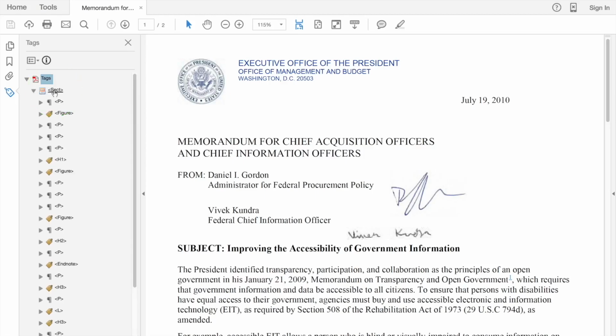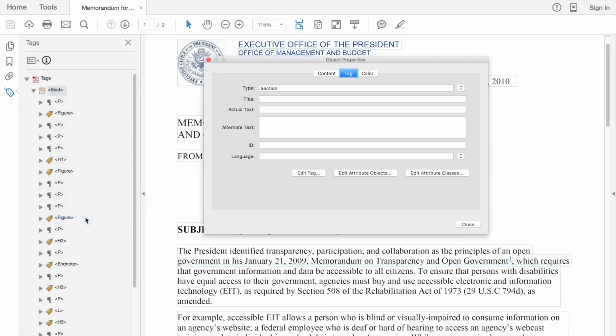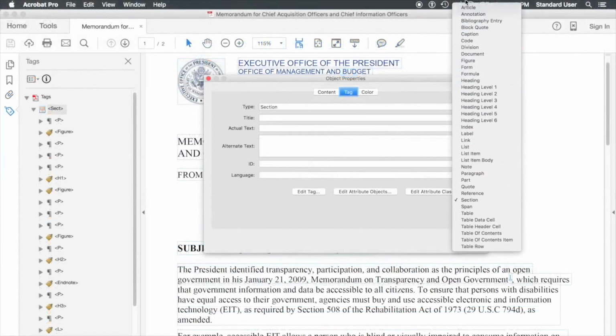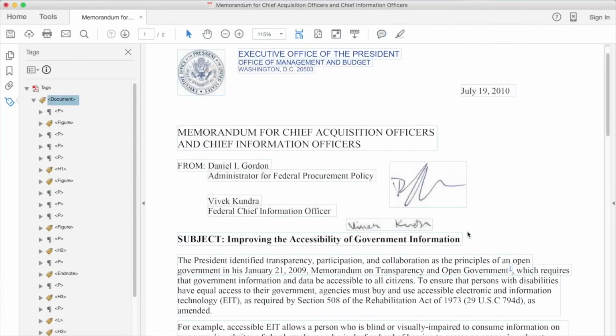To change the section tag, we'll right-click on the tag. I want to select the last option, Properties. The Object Properties dialog box appears. If I want to make changes to the way this tag behaves, this is where I'm going to do that. Since I don't want the tag to behave like a section tag, I'll want to start there. On the label Type, choose the drop-down icon. All the tags are conveniently in alphabetical order. Note that they're also their human language equivalents. This is to help you to glean some understanding of the purpose of the tag you are about to use. Scroll up to the top and choose Document. Then close the Object Properties dialog box.